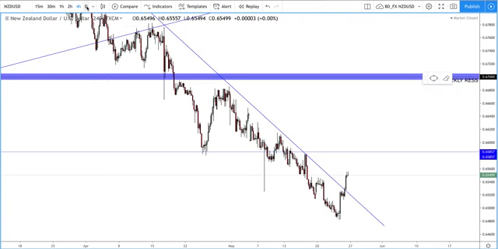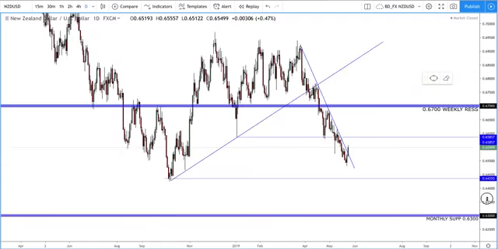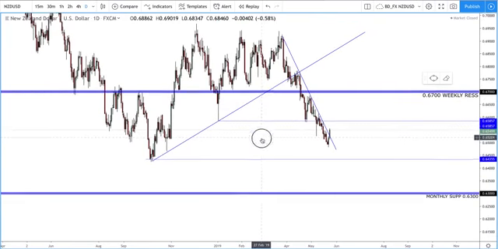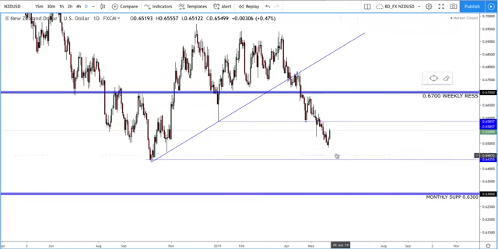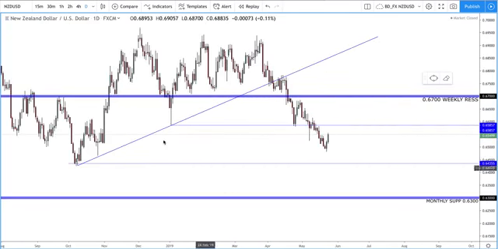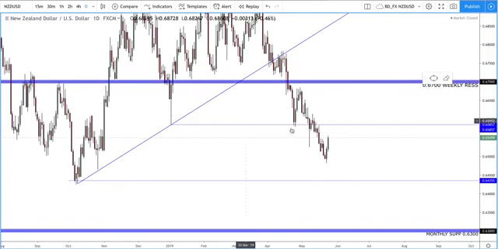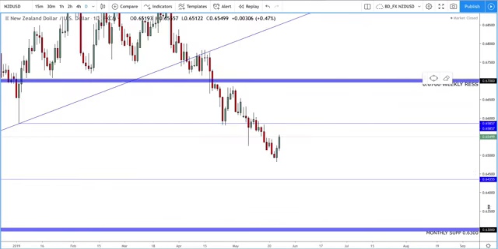New Zealand dollar, sort of a similar situation. If I just move away this trend line, we had this support that we were hovering around for quite a while. This is one support, this is the next major support. We were hovering around here, we came down, tested it, then managed to break through, looked like we were going to pull back up, but then we fell through and sort of trickled down day by day to make these lows.